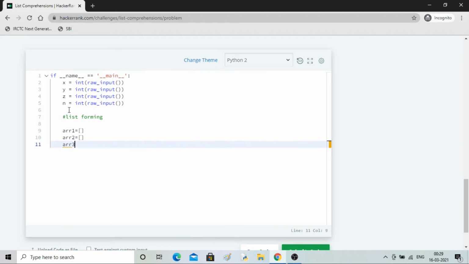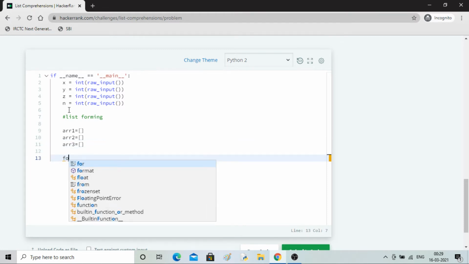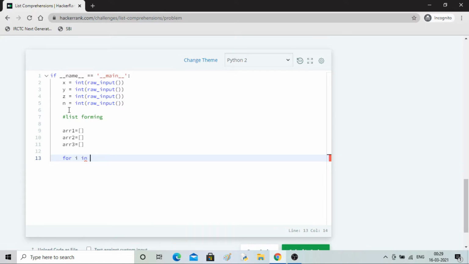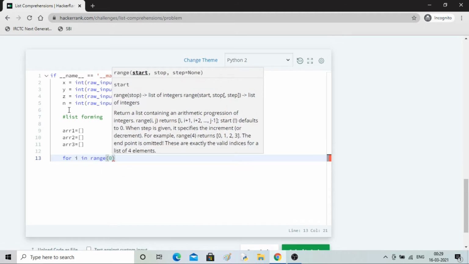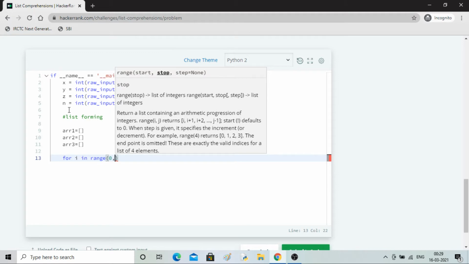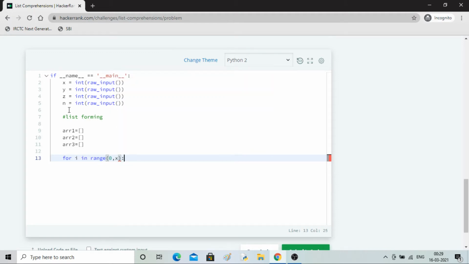Array 3. Now I'll use a for loop, for i in range 0 to x. I could have taken x, but range goes from 0 to x minus 1, that's why I have to do plus 1. And I'll append the values of i.